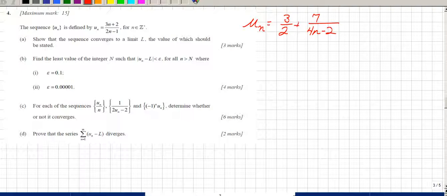Well, remember from part B that u sub n minus L is the difference between a term and the limit. And that difference, going back to the way I wrote the expression through our long division, 3 halves plus 7 over 4n minus 2, is the same as the original series or sequence. Now we know it converges to 3 halves, and the remainder, 7 over 4n minus 2, is always the difference between the actual term value and the limit value. So we want to find